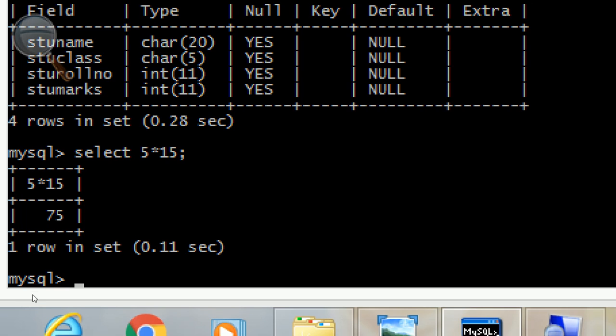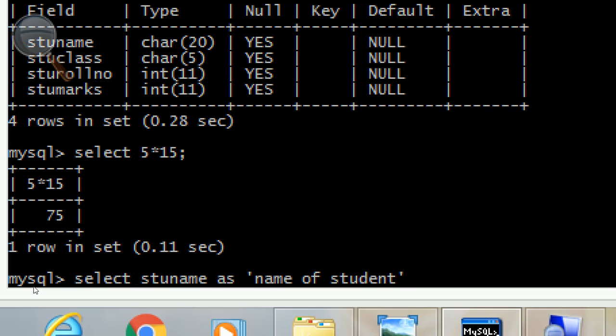So for that we can write select space stu name, then by what name you want to display it, you can write as command. Then you can write the alias name, like you want to display stu name as name of student.